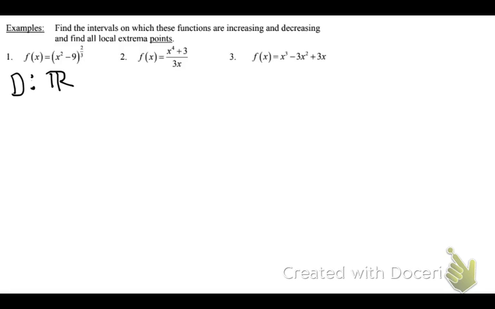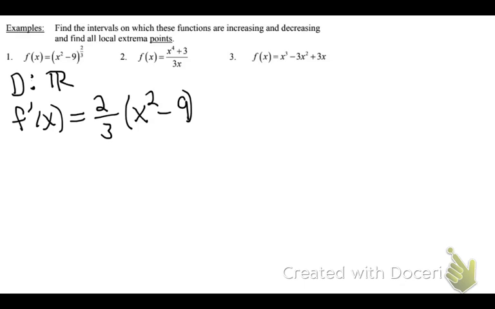Our critical numbers are where the derivative is 0 or undefined. So let's go ahead and take the derivative. Here we're going to have to use our chain rule. Bring the power down, leave the inside like it is. Power minus 1 gives me a negative 1/3. Derivative of the inside is 2x. So when we simplify this, our derivative is 2 times 2x, which is 4x, over 3,